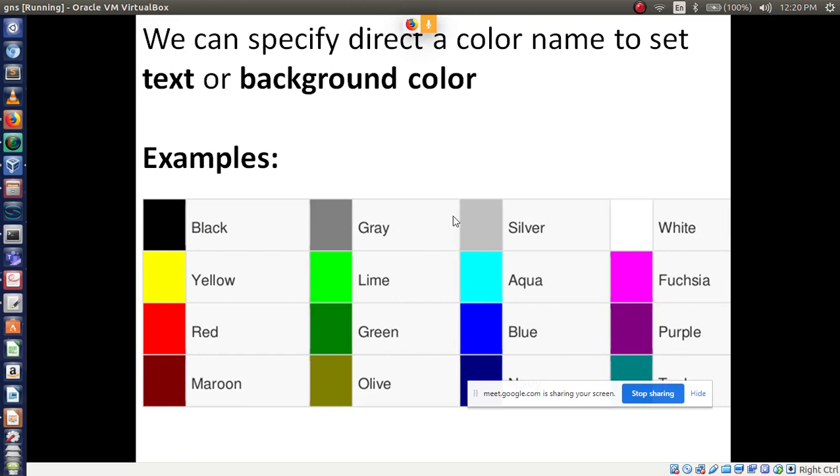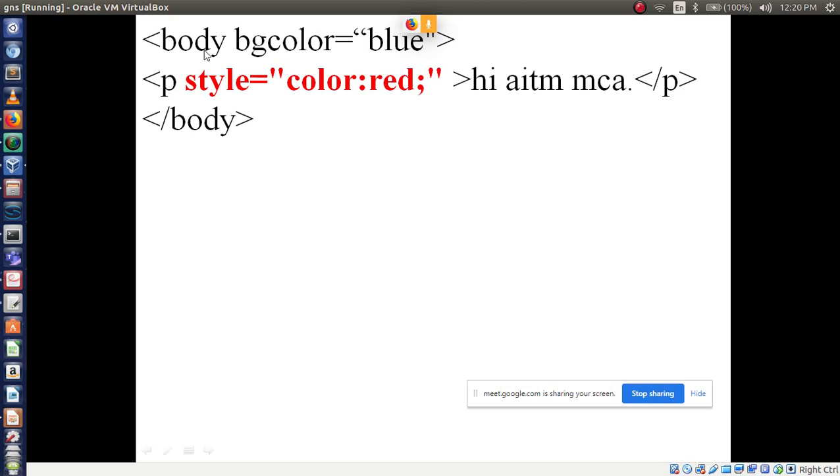We can specify a direct color name to set a text or a background color. Black, yellow, red, whatever colors you wish you can apply. Okay, see this example. Body, background color. If you want to apply the color on the background, you have to use the background color property. Value is blue.